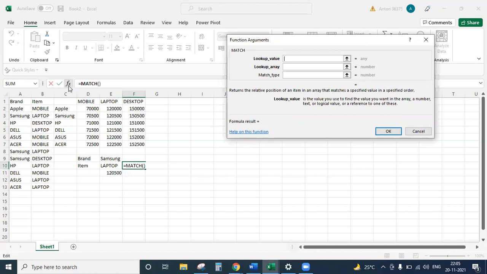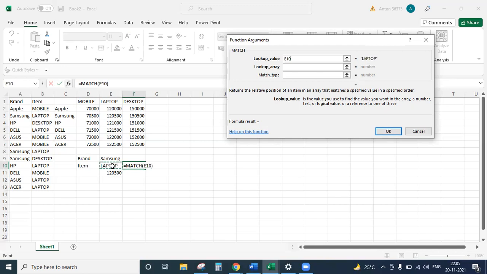So match, what do I want to match? Lookup value. What do I want to look up? Either mobile, laptop, or desktop. In this case, I want to match E10, which is laptop, right? You wrote that laptop just now, E10. Click on E10.